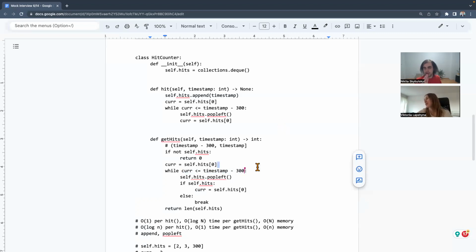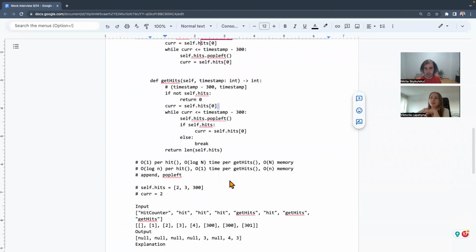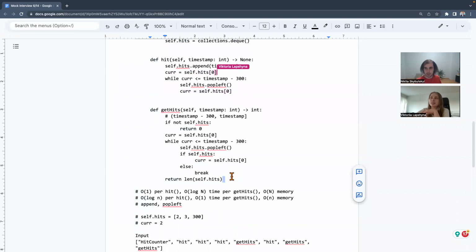I think that this is now acceptable. It's not pretty, but it does work. I think it's not pretty because of the way that I first defined current here, and there should be a way to do it nicer.